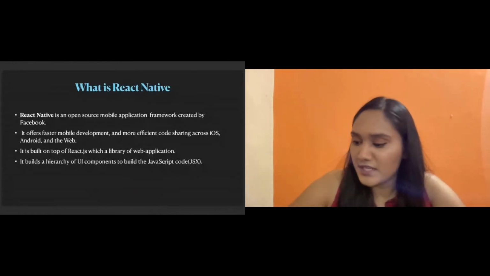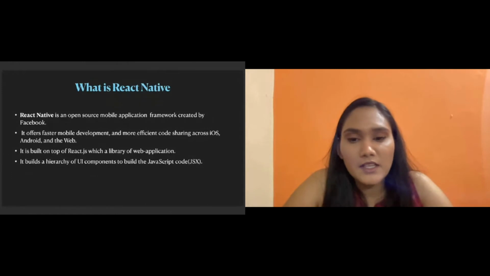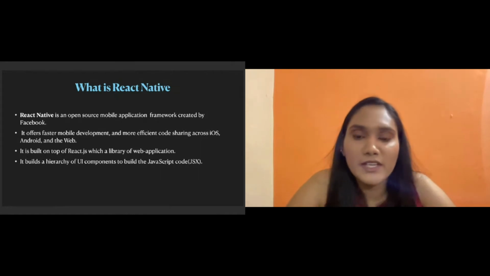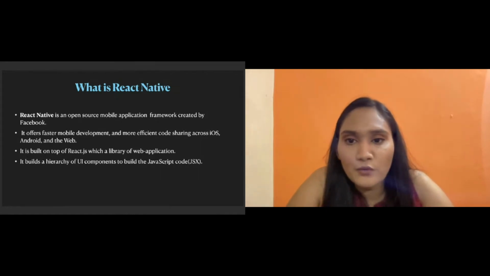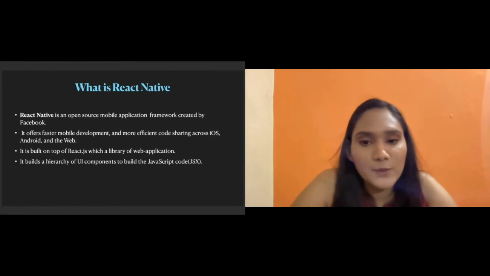So what happens is when you build an application, there are small things. Suppose there is a login screen which you want to create in your React Native application. For that, what will you do? We'll create a text input for username, a text input for password, and there will be a submit button.